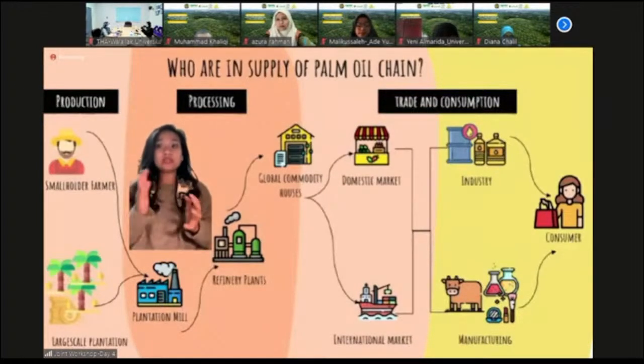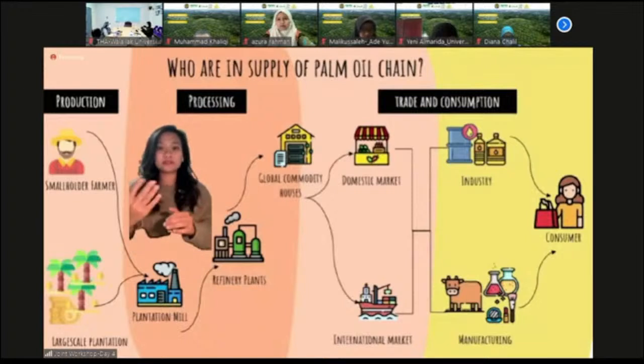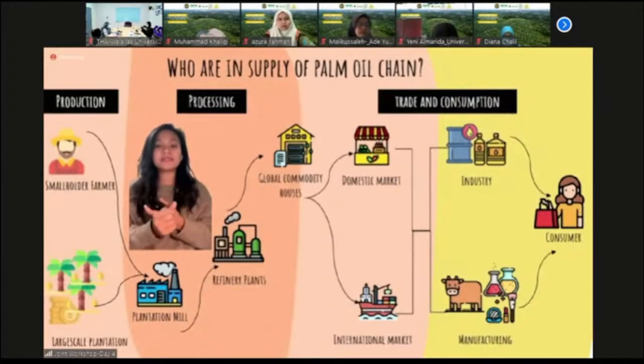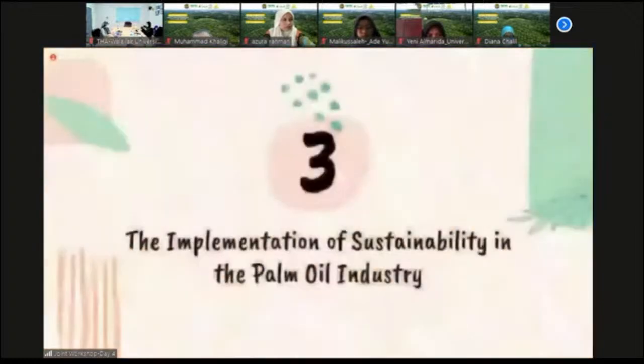it also has supporting sectors that we didn't talk much about in this framework, but we also have supporting sectors, who are the government, the banks, and the institutions who support knowledge, finance, and information to the supply chain.